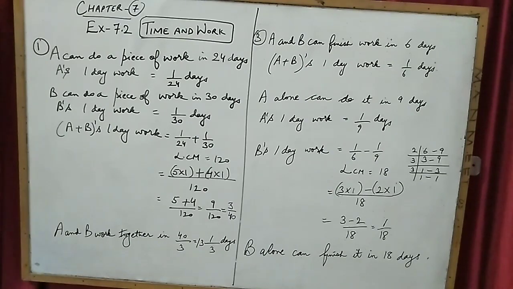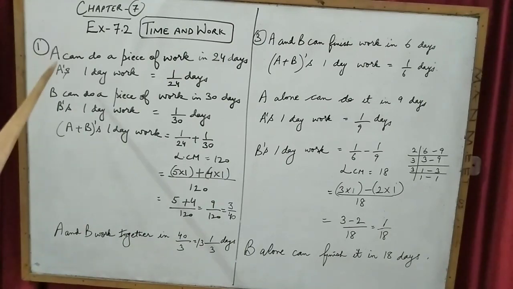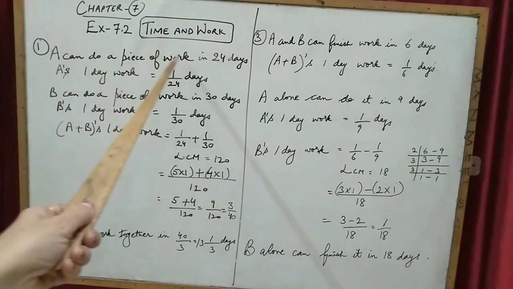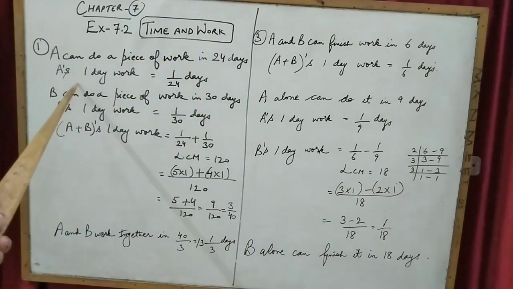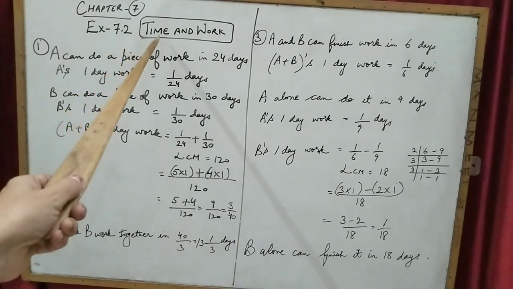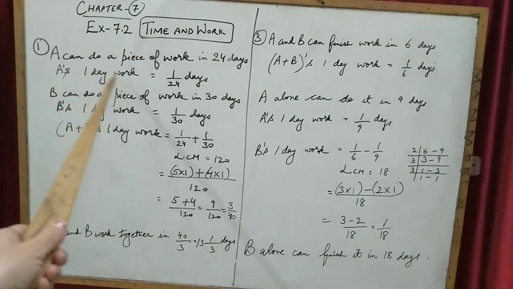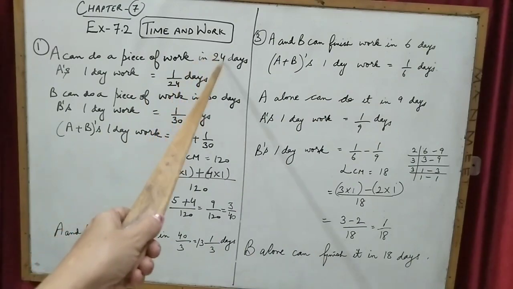And how much time is taken. So see, first of all, our first question is: A can do a piece of work in 24 days, while B can do it in 30 days. In how many days can they do it together? First of all, children, write down the same line that is given in the question: A can do a piece of work in 24 days. In the second line, we always write 1 day's work, because we have to find the 1 day's work. So A's 1 day's work is, here we will write the reciprocal of this.